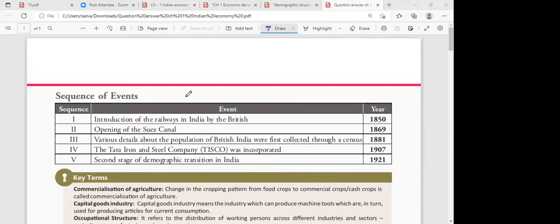The main focus is, if I share the PDF of the question and answers, you don't have to mug up the answers. You just have to stick to your content, whatever notes you have. You have to learn the notes. You don't have to learn the question answers because in the exam hall you won't be getting these questions. They can ask you anything. So you have to learn notes. You just have to check how the questions are asked.